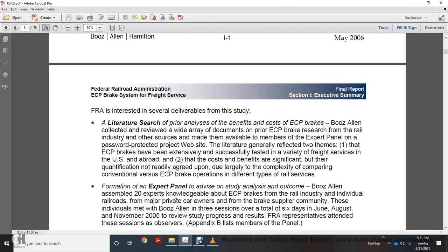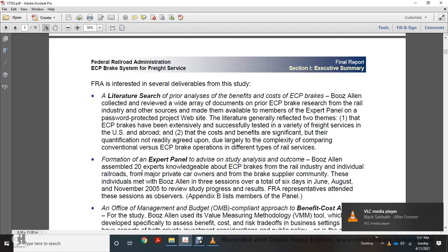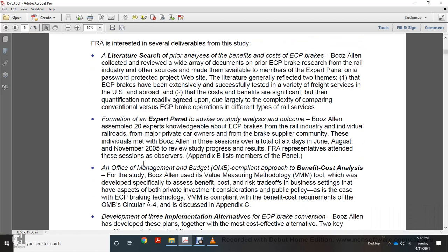Formation of the expert panel to provide study analysis and outcome. Booz Allen assembled an expert panel knowledgeable about electronically controlled pneumatic brakes from the rail industry, individual railroads, major private car owners, and the brake supplier community. These individuals met with Booz Allen in 3 sessions over a total of 6 days, 6 days in June, August, and November 2005, to review study progress and results with the Federal Railroad Administration. Representatives attended those sessions as observers. Appendix B lists the members of the panel. The Office of Management and Budget compliant approach for the benefit and cost